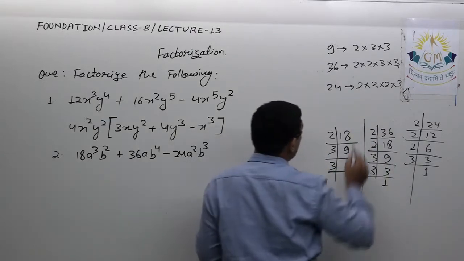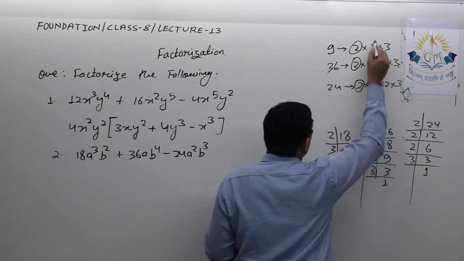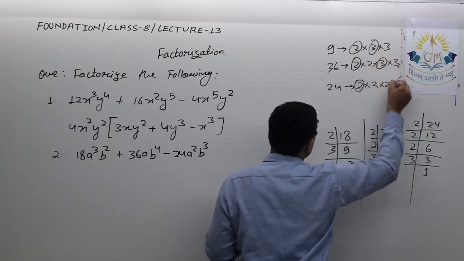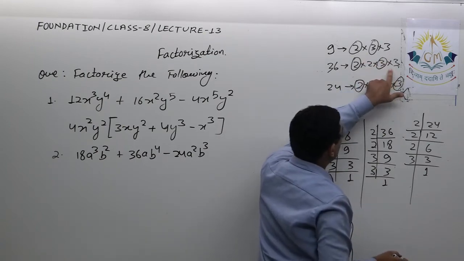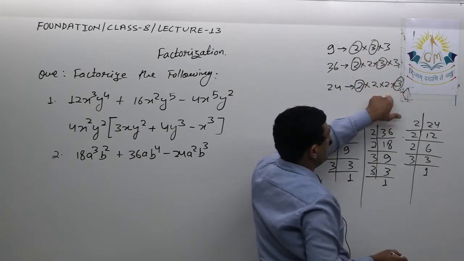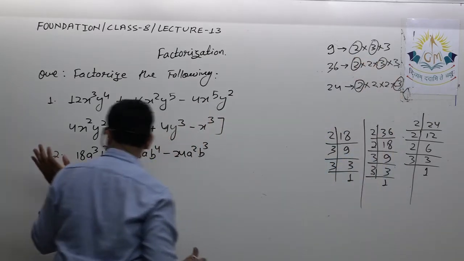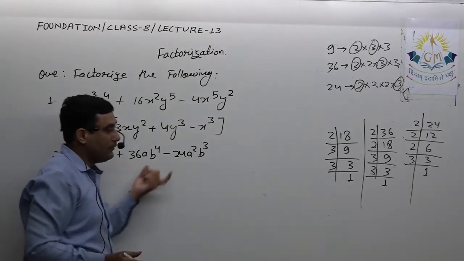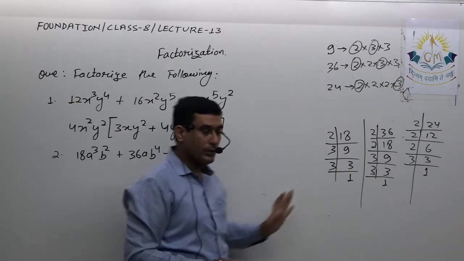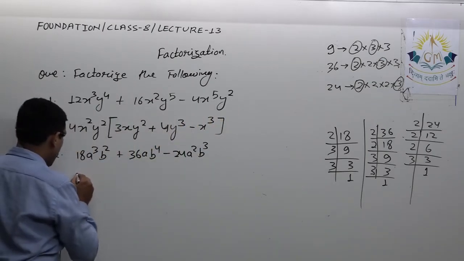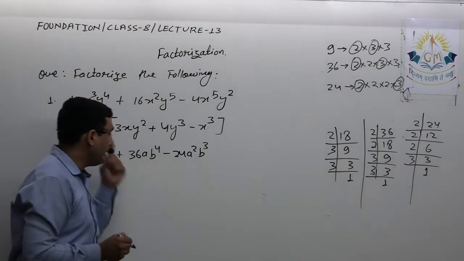Now among these three, if we talk about common, yes, 2 is there, one 3 is there, that's it. There isn't anything else. If I take this 3, in this 24 there isn't any other 3. So I can say 6 can be taken common. However, it should be clear to you directly, but if you are not able to identify what should be taken common, then you can follow this method. So here I will take 6 common, that I'm taking common among the numeric values.